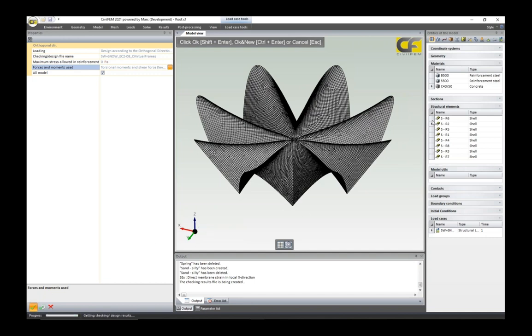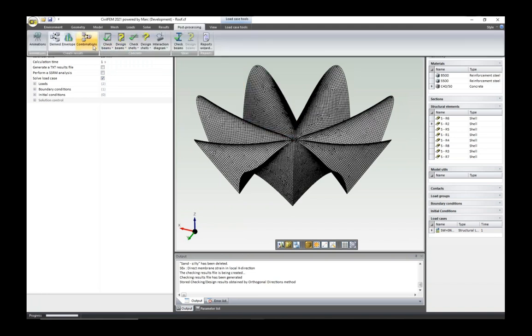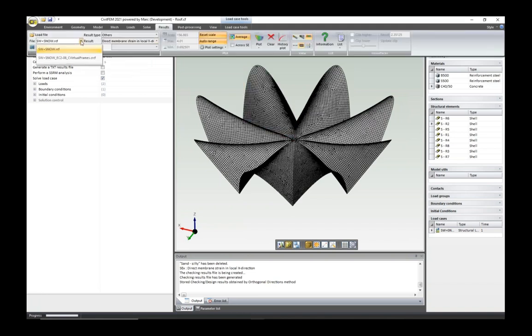What I have done is just define the different shell elements for the different parts of the roof, but without any type of reinforcement, only pure concrete. So what I'm doing is checking the model, and we'll analyze if it is okay after checking, or if it will need extra reinforcement amount. So I'm going to plot checking results,